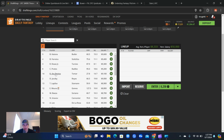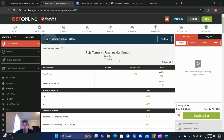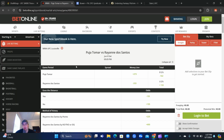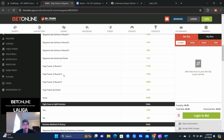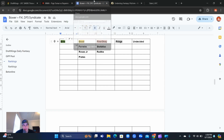We have Rayanne dos Santos versus Tomar. UFC debut, women's MMA fight. Rayanne dos Santos, I think the second highest money line on this card, and she's only 9.1K, so she does have a touch of money line value. Again, not that important on a 14 fight card. And you have a very key style discrepancy here where Tomar really struggles with the grappling, and that's what Rayanne does. She shoots takedowns. And when you have that kind of mismatch, plus a semi-decent ITD line at plus 150, and the line value, I guess, just the cherry on top,